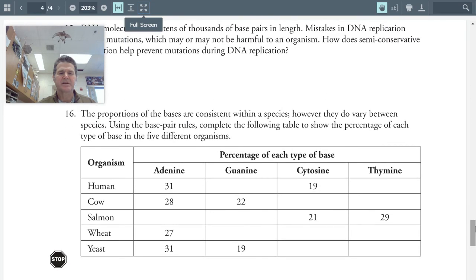This is just a little diagram that shows us some of the information that Chargaff discovered as he was looking at it. When he looked at this, he said, okay, I'm going to look at cells from a human. And when I look at it from a particular human, I'm getting 31% adenine and 19% cytosine. So if I have 31% adenine and 19% cytosine, what percent should be guanine and what percent should be thymine? And then across this way, if you add those 4 numbers up,